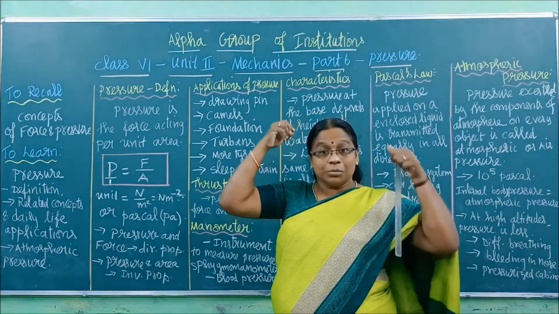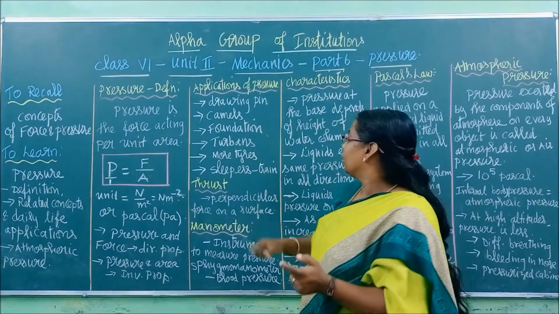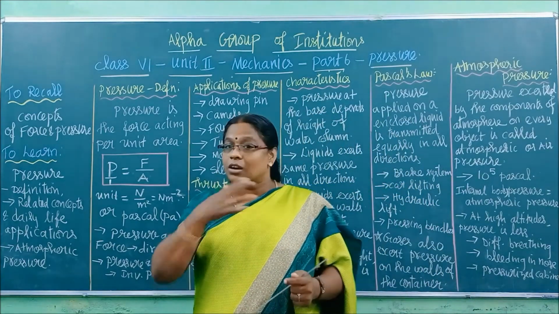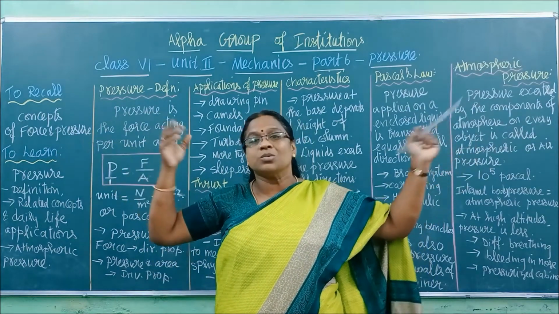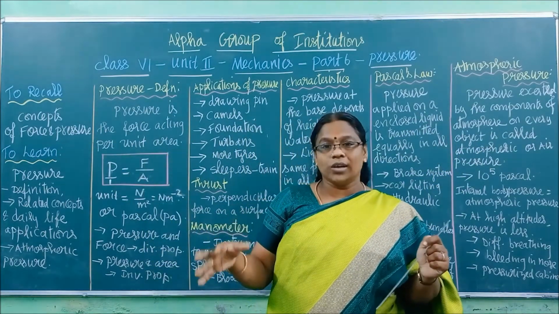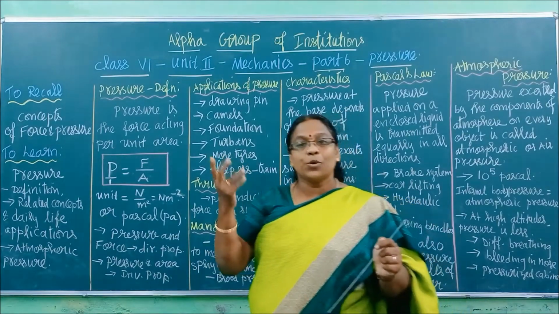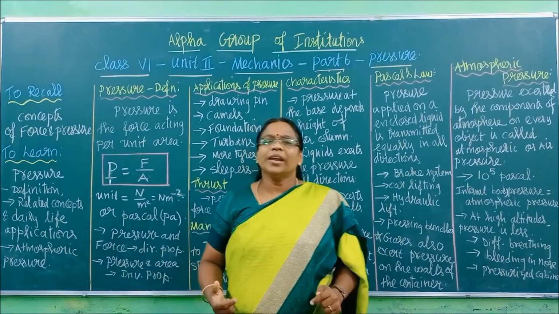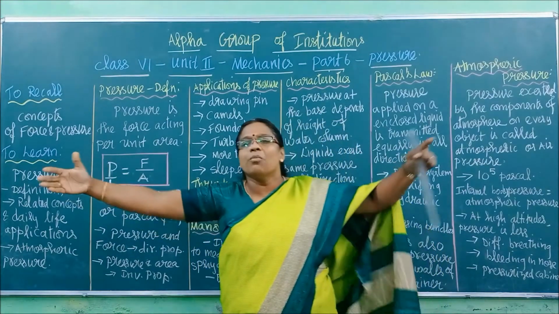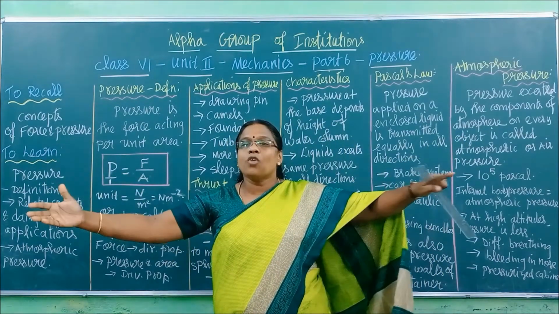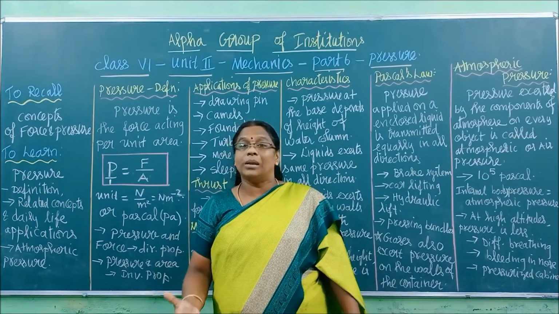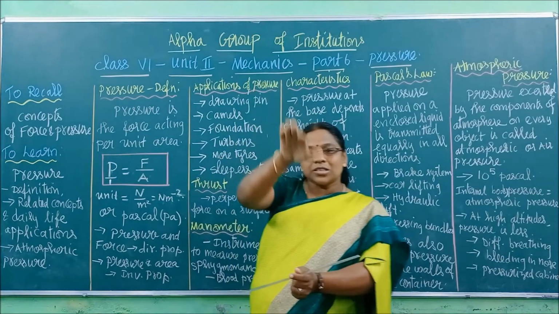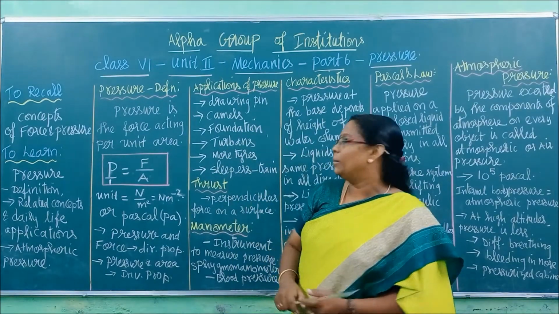Not the wearing turbans, keeping a towel like that. Okay. Next one is more tires. Heavy trucks and all, have you ever seen, children, on the road? Bigger trucks which will carry things like scooters, cars and all for transportation will have so many wheels on their sides. Why? If the base is more, the area of contact with the road will be more, so if the area is more, pressure will be less. So the pressure by the truck on the road will be less.